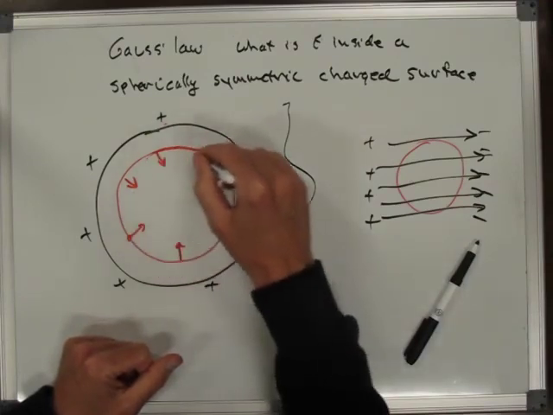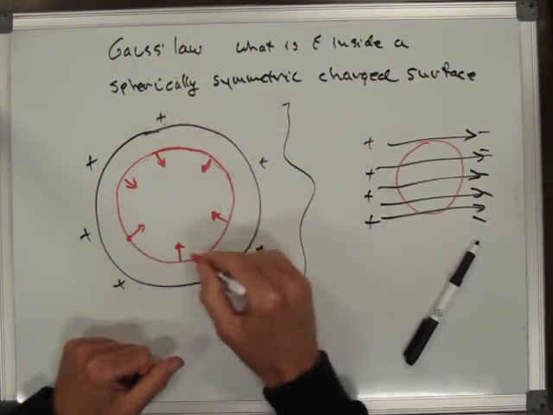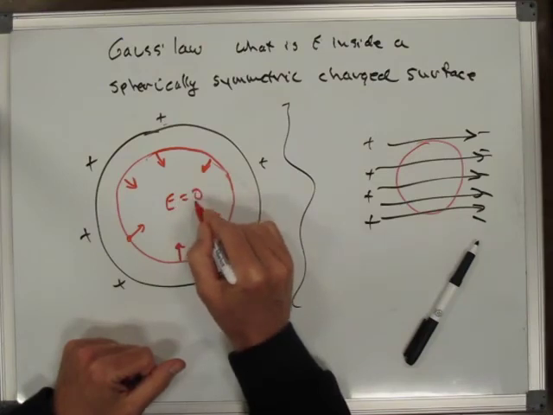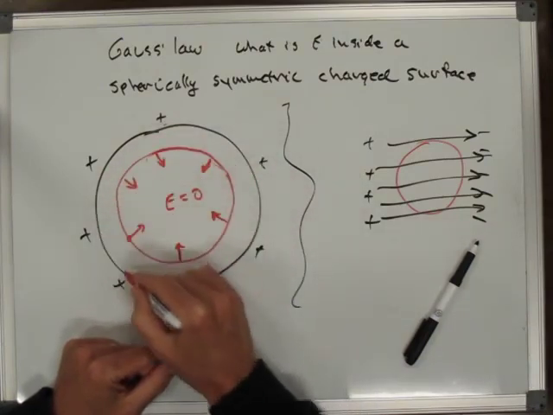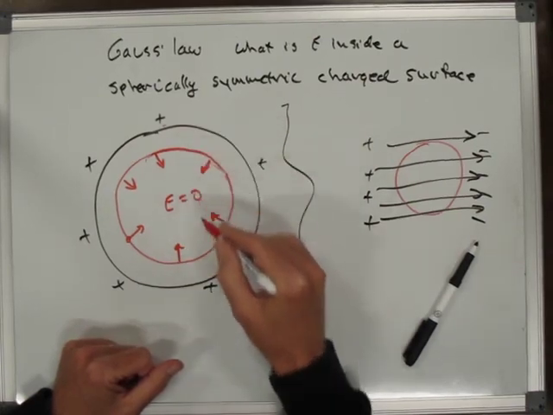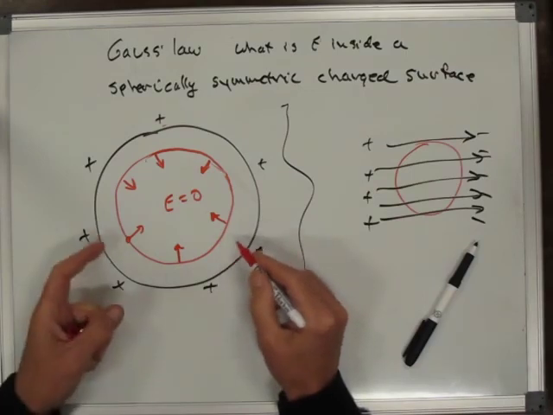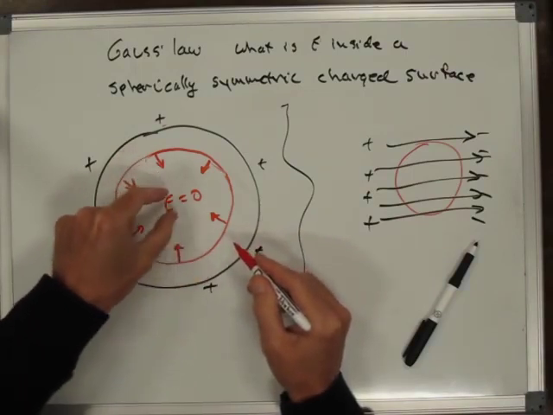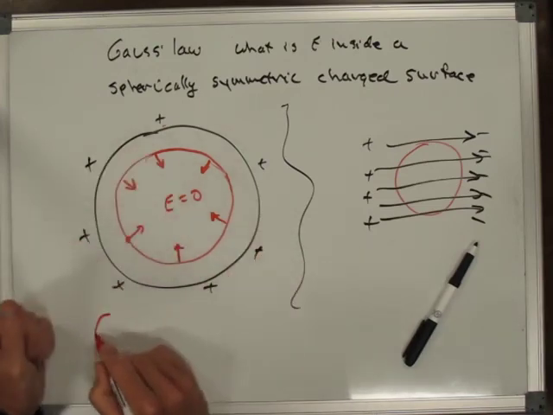So the only way to have a symmetric picture for the electric field around this Gaussian surface is for the electric field to be equal to 0. And of course I can draw this sphere as any size I want. I can draw it right up to the edge, and the electric field has to be 0 inside it and on the surface of it. Any sphere I draw is going to have an electric field of 0 on its surface, and so that means the electric field has to be 0